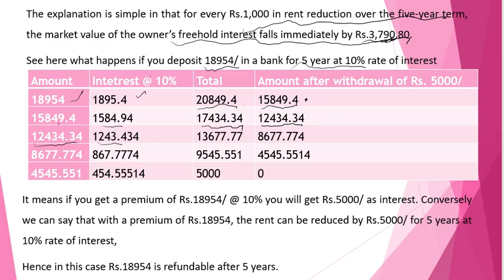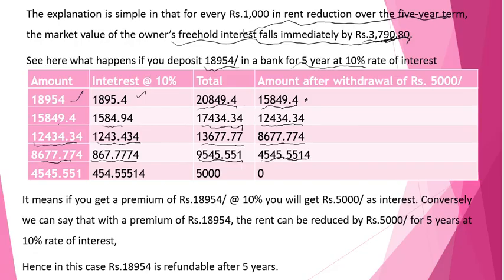So interest at 10% is 1243.434. Total amount in the bank will be 13677.77. You withdraw 5000, you will be left with 8677.774 in the bank. In the next year, on this amount, this will be the interest at 10% rate. So you will be having 9545.55 in the bank. You withdraw 5000 from the bank, you have